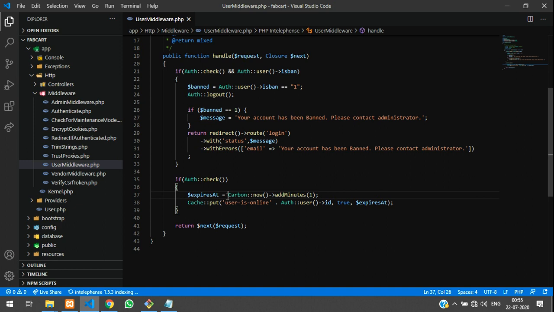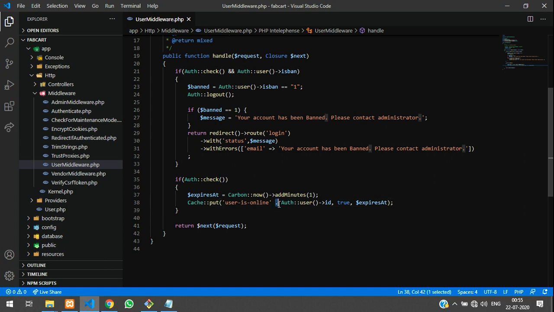So guys, now we have to call the same function, authentication check, and after checking that, create a variable expiresAt with Carbon now, where you are going to add the minute. So I have added 1 minute. 1 means 1 minute here, 2 means 2 minutes. Okay, so through that I'm creating a cache where I'm storing this user-is-online variable with the authenticated user ID, where I'm concatenating it.